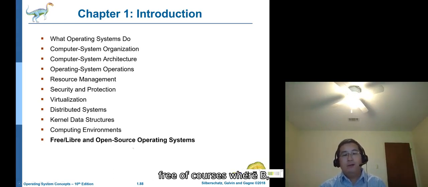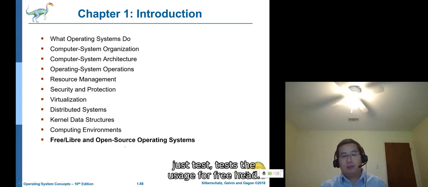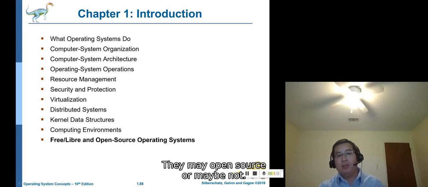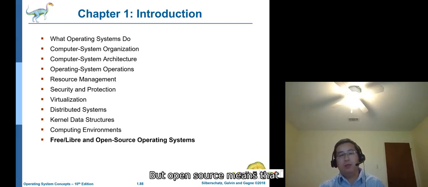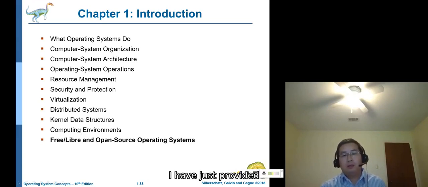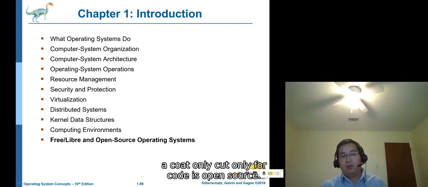Okay, free of course will be usage for free. Right? They may have open source, maybe not. But open source means that I will have just provided the code only. Right? Only the code is open source.